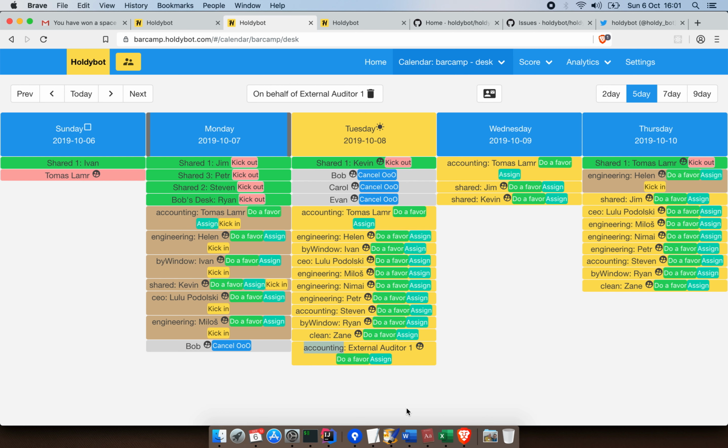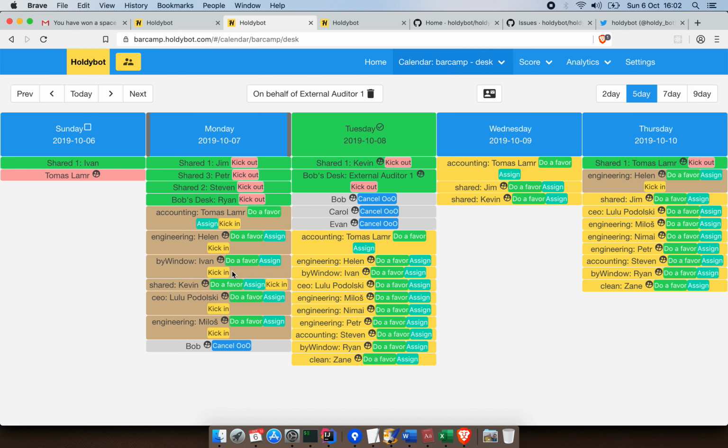okay, it's number 140. So you can see we have selected a preferred type of desk in our case. We can even just auto-assign things, and you can see that Bob's desk is actually in accounting, so probably the auditor will be happy to sit there. And that's the main things, and that's probably it. So if you made it here, really congrats, and thanks